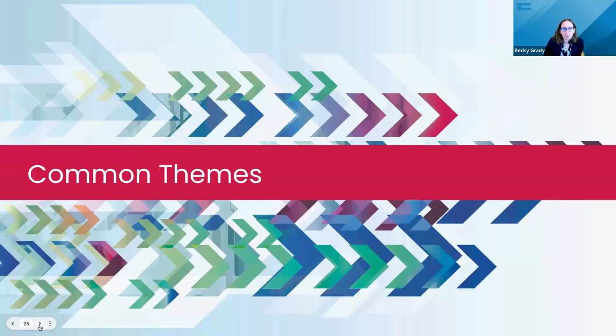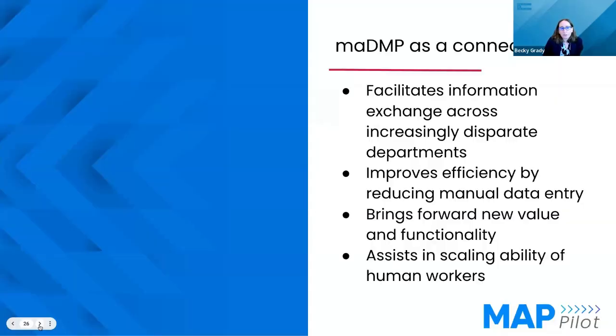So on the next slide, just to wrap up this section, a couple common themes that we saw across these projects. On the next slide, we have the machine actionable plan as a connector. The biggest benefit of this is that it facilitates information exchange across increasingly disparate departments. A lot of what we heard about in the interviews that we did and across this project was about just how many different units on campus are working on data management, have their own policies and guidance, and this machine actionable plan can be a way to facilitate both the concrete information exchange and just the social information exchange of